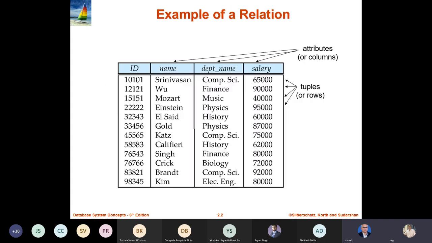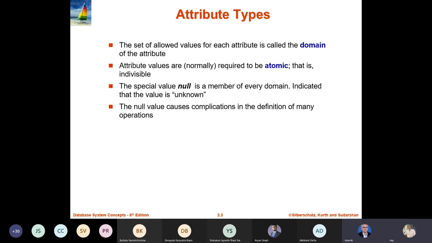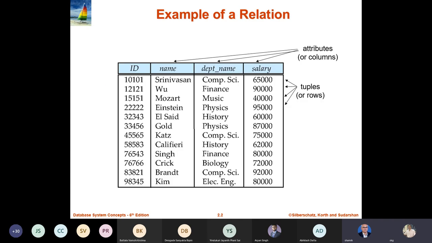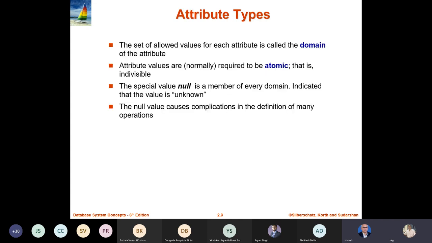Like in this, suppose I have another attribute called phone number. First of all, one particular employee may have more than one phone, right? Or even if there is a single phone number, the phone number may be divided into country code, area code, and the number itself, right? So that way we can think about non-atomic. But as of now, whatever we are discussing, we consider the domain to be atomic,